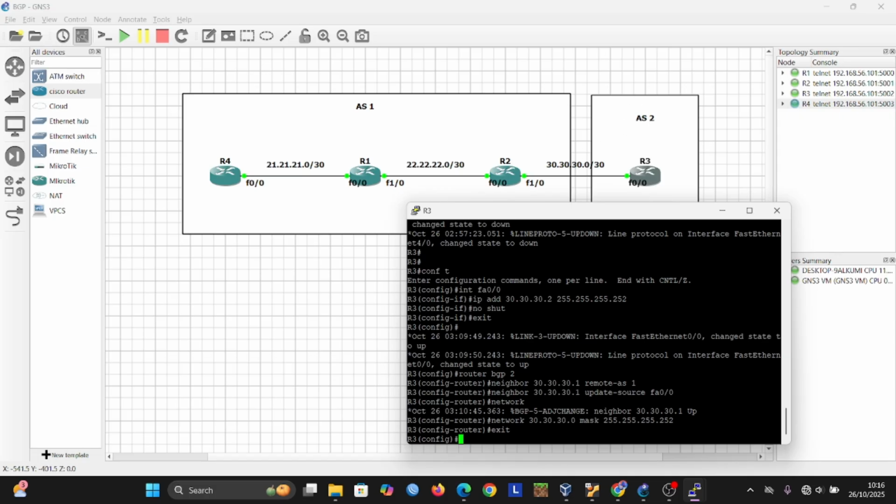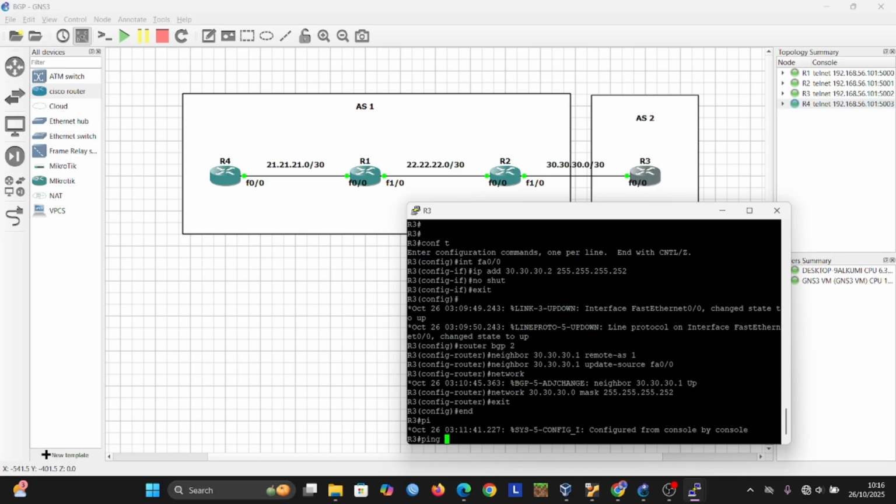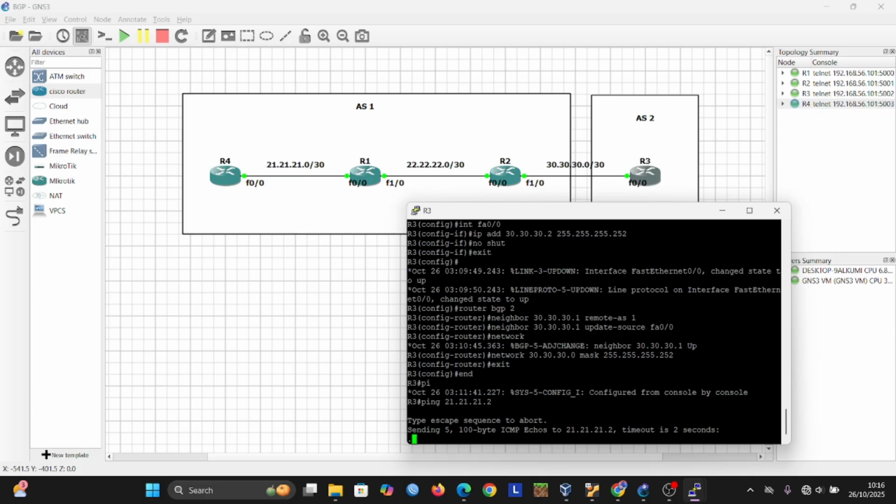Let's try to ping this IP. It times out, so it cannot resolve.